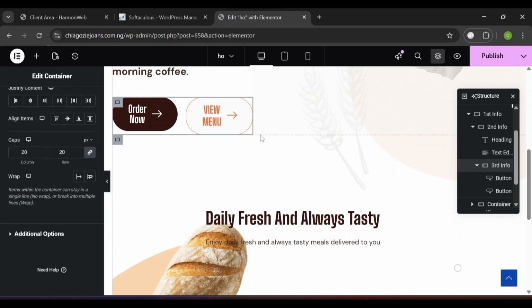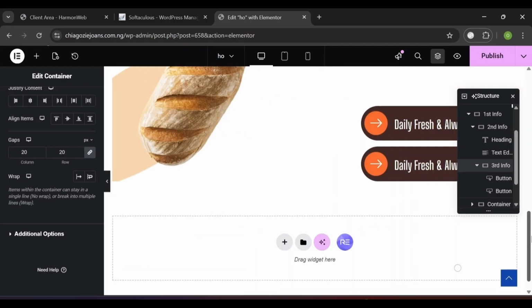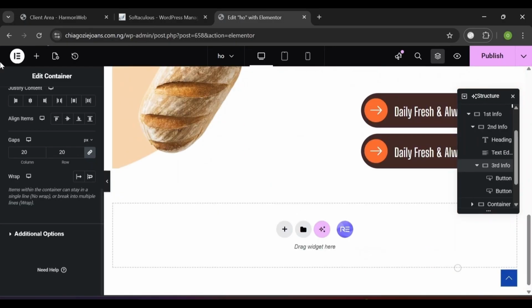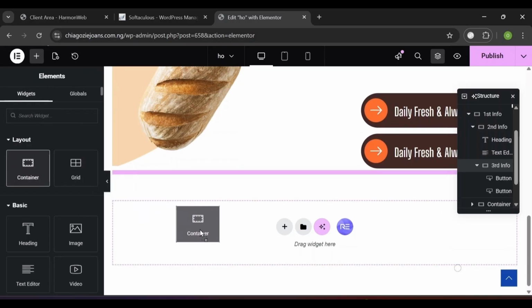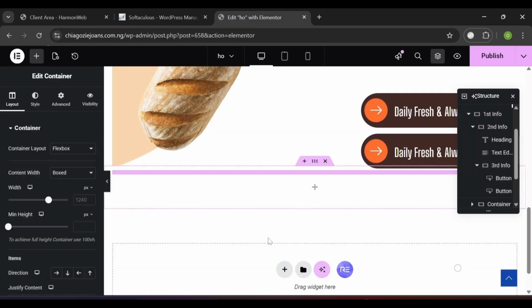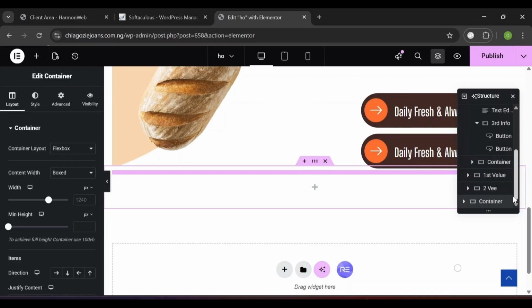Okay, now we are going to add another section, the category section. We are done with this hero section here, so we are going to add the category section. We are going to add a container widget. Click on this plus icon, search for container, drag and drop to this widget here, to this Elementor editor. So we can rename this container. Let's name this category,